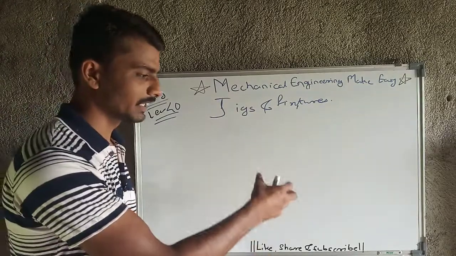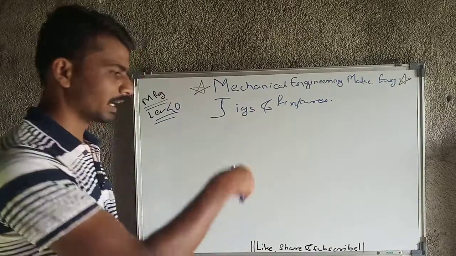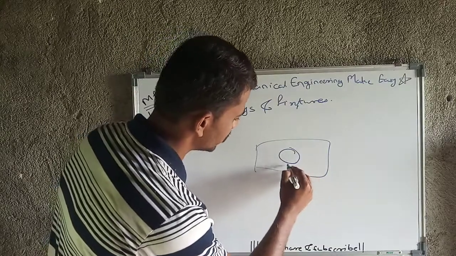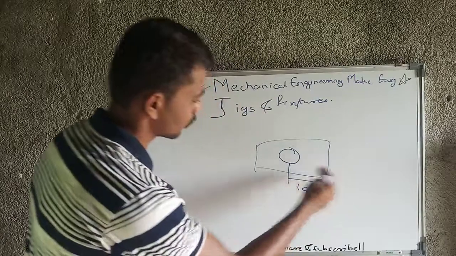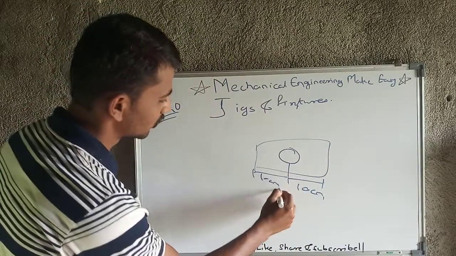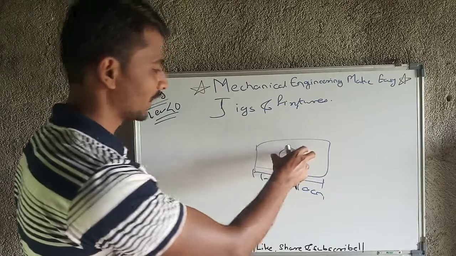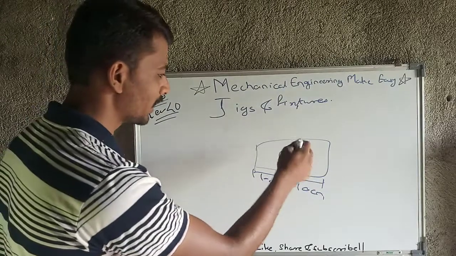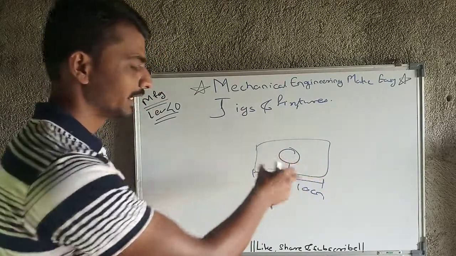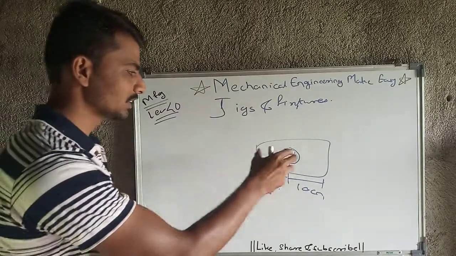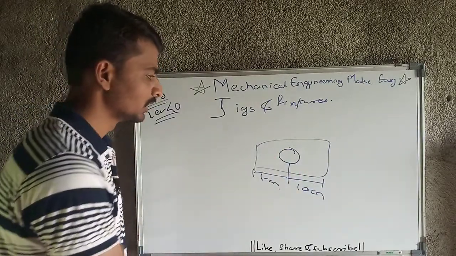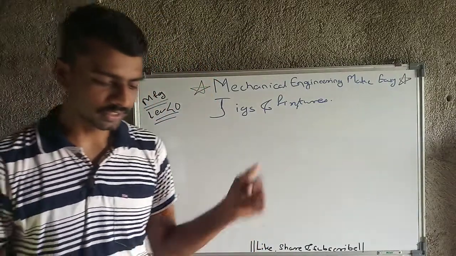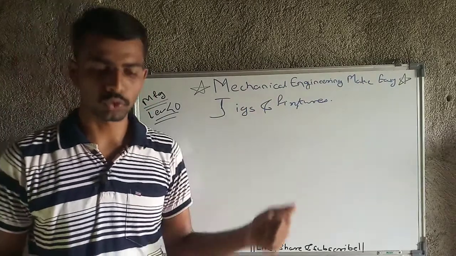For example, if there is a sheet and we have placed it, and we are going to punch one hole which is 10 centimeters from this side, and from this side also 10 centimeters. But when we haven't clamped it rigidly, then because of high stresses it may bend somehow and the dimensions will change accordingly. So this is the basic problem of rigidity. That's why our workpiece should be fixed very properly and very rigidly, and the jigs and fixtures are going to provide that rigidity to us.